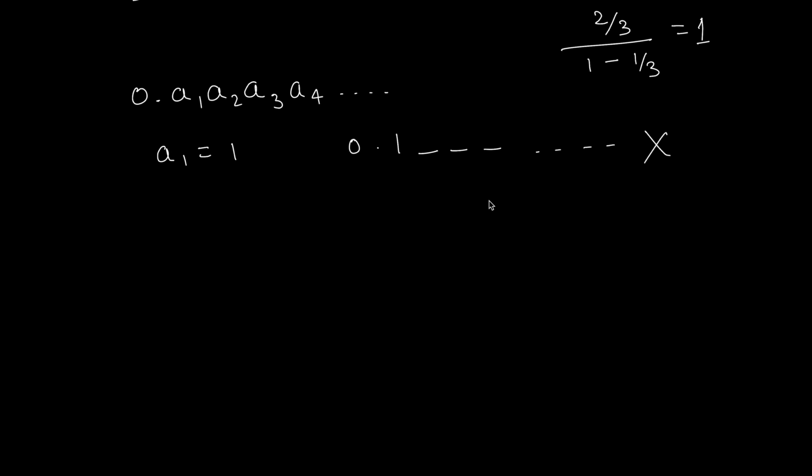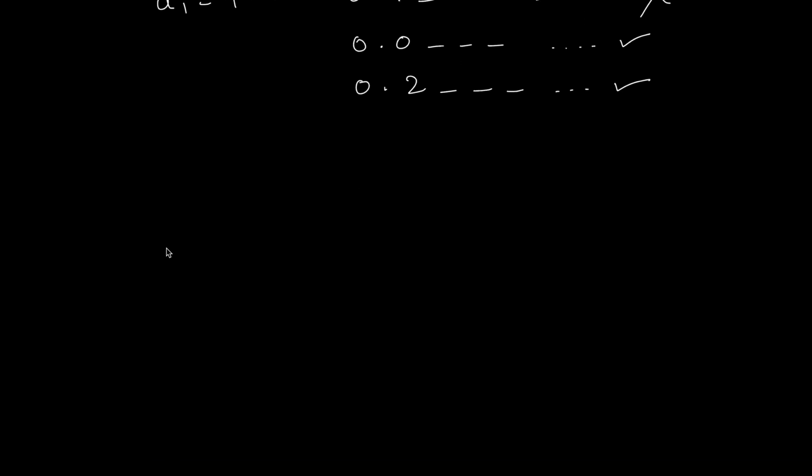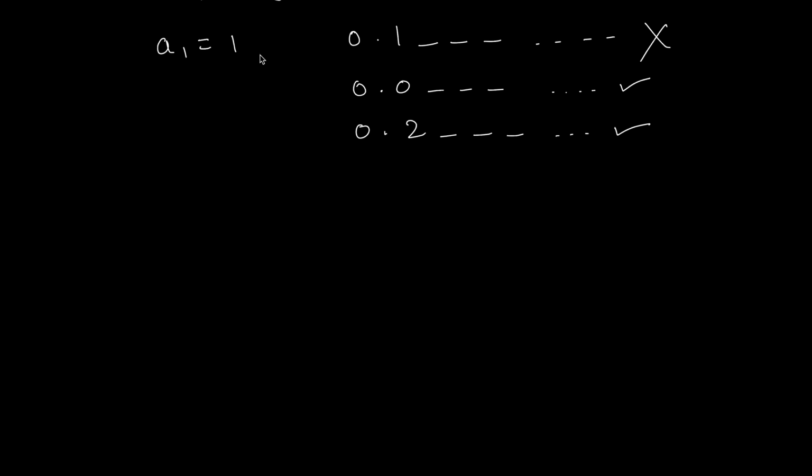I'm going to delete it. So what we would be left with is 0.0 of these sequences, and 0.2 of such sequences would be remaining. Okay, so